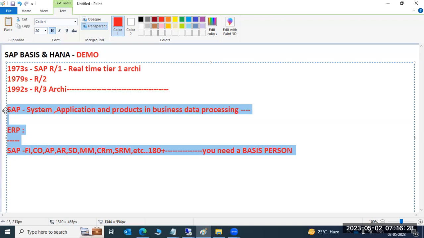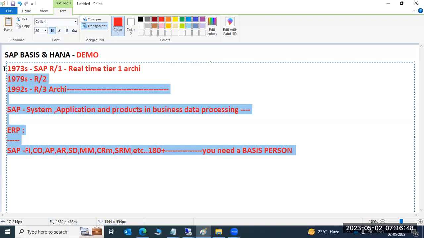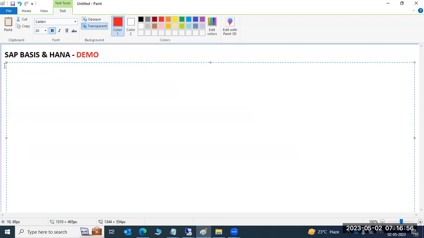So depending upon your organization and your business, you can use the respective SAP application, the respective SAP product, in your day-to-day activities. So for us, what is our scope here? What are we going to learn here? Are we going to learn about the versions? No. We are going to discuss the administration part, the pure technical part, here.